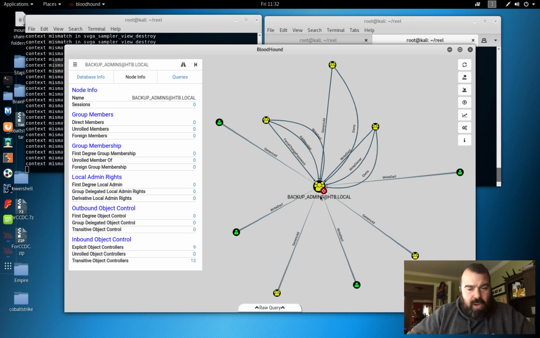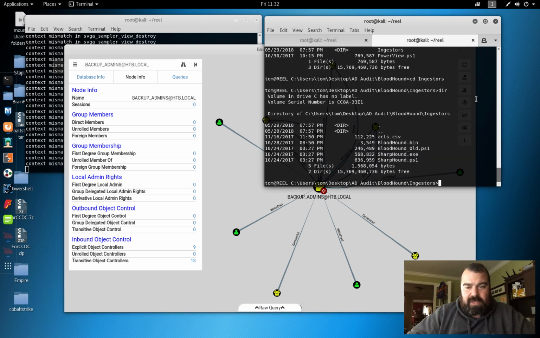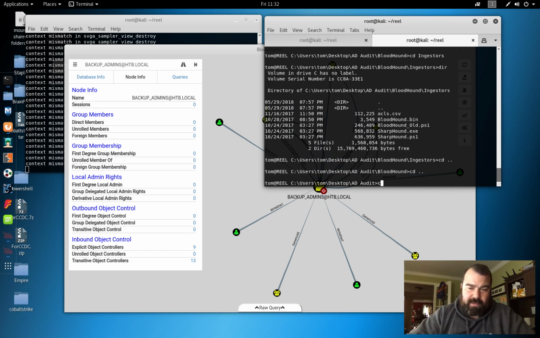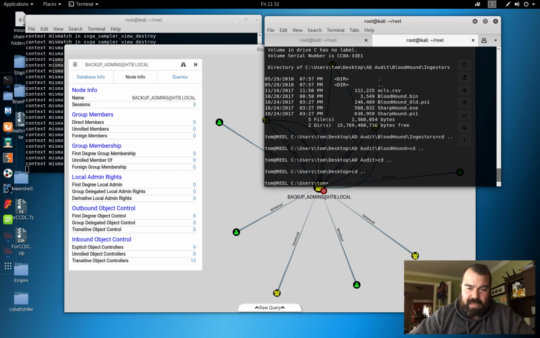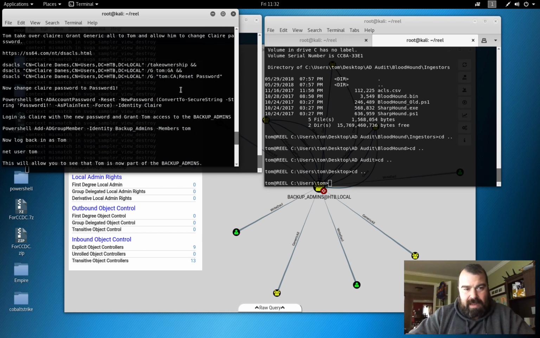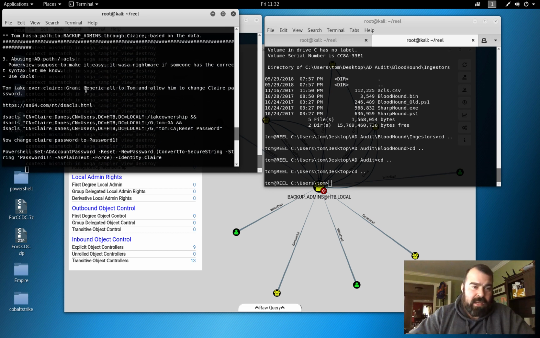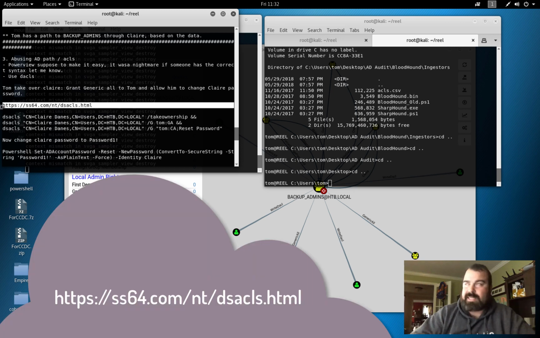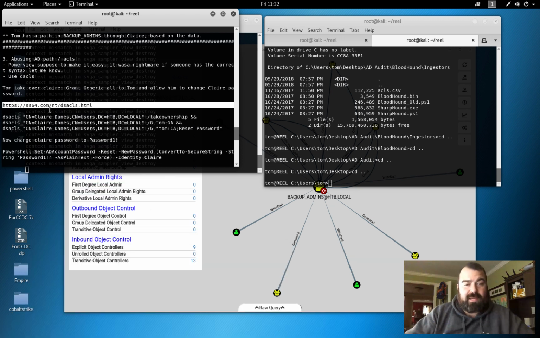So, knowing that we have Claire and we can go to Tom, let's jump back over here and see what we can do, right? Now, I'm just going to CD out a little bit so I get a little more screen area to work with. And let's jump back over. We're going to jump back over to our notes, right? And that's why we take notes. Now, to learn more about DACLs and how to abuse these ACLs and ACEs with Active Directory paths, you may want to jump over to this website,